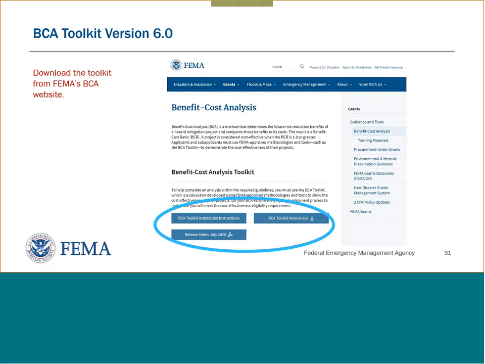It's got a nice set of instructions there. You have the option of downloading the toolkit to your desktop, or you can use it online. And I believe you need a free Office 365 account in order to use the online version, and we have found that it works best in Firefox and Chrome. In general, once you're ready to go, you'll click the button marked BCA Toolkit version 6.0, and that'll start the